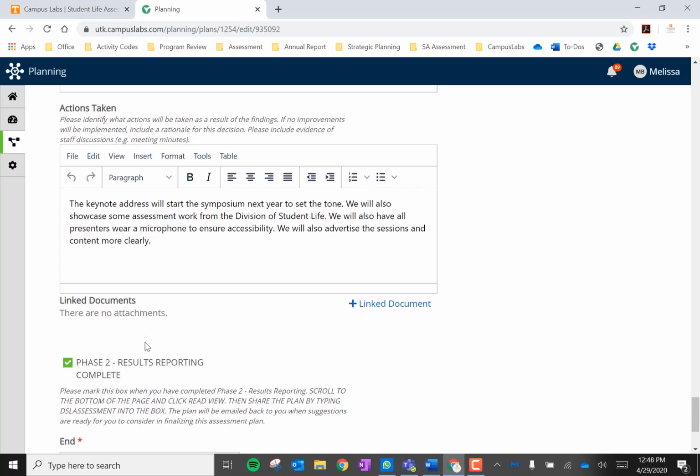Actions taken. Now, this is the critical box because the whole reason we went through this assessment process was to discern if we are actually doing the best we can and if we are excelling in all areas of this event, program, or service. So for this symposium, I wanted to know if I was meeting the mark in expectation and need and education about quantitative